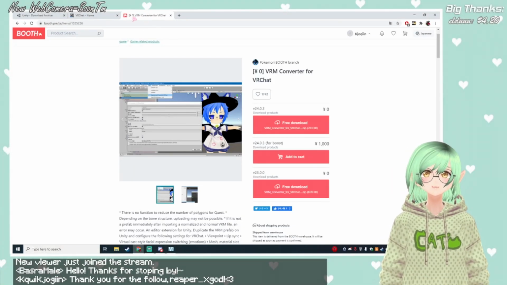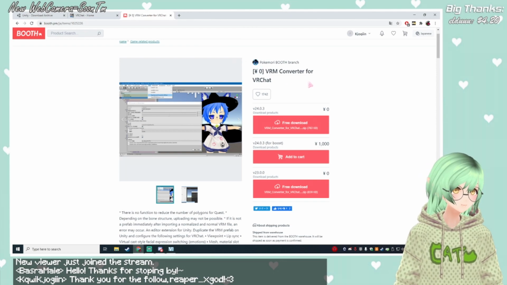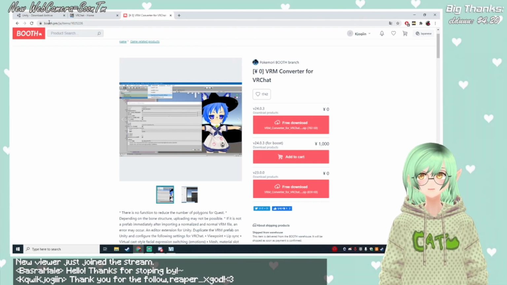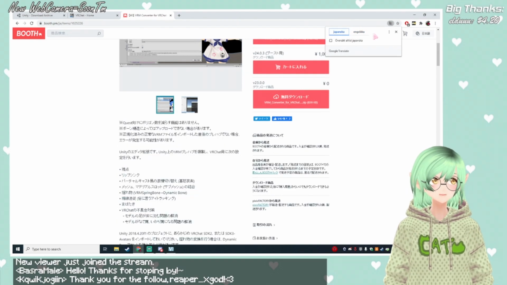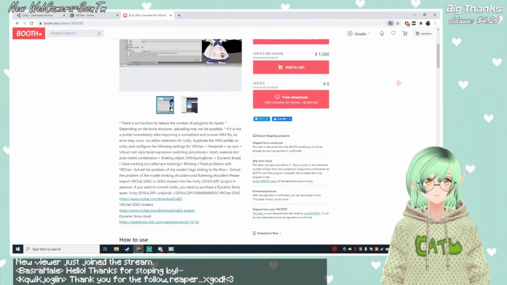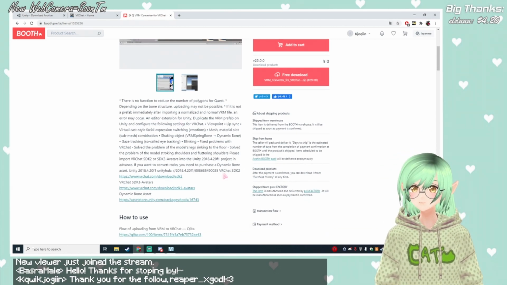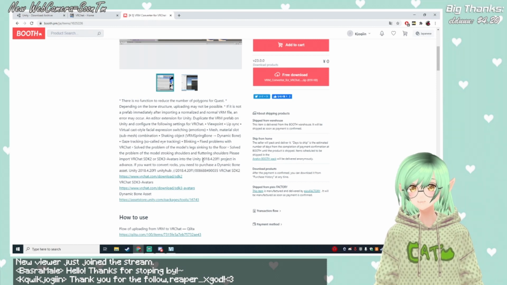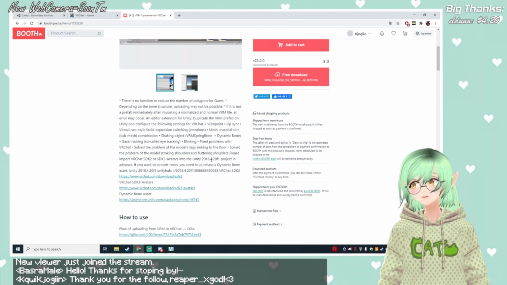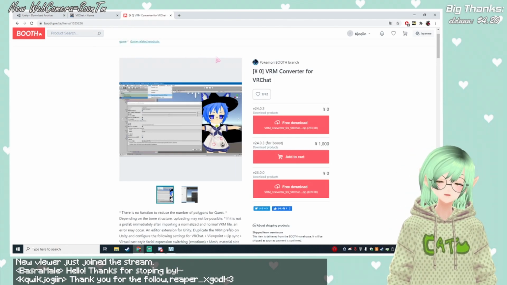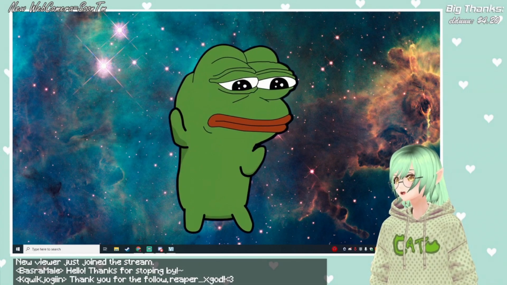Next up, you're going to have to download the VRM converter, which is free, and you download it on this website called Booth. Always double check. So usually it's in Japanese, so make sure that you translate it so that you can see which version you're going to need. So here it says 2018-20, which is the version that I'm using right now. Make sure you download all of them, and we can move on to the next step, which is going to be